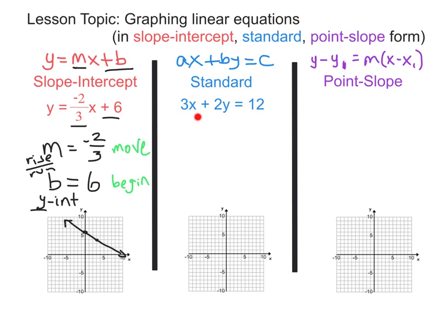When you see standard form, you're always going to want to go to what I like to call the teeny tiny table. And we know we can always graph lines using a table for x and y values. We can put a number in for x and find the output for y. Put another number in for x, find the output for y. In fact, we could have graphed this one